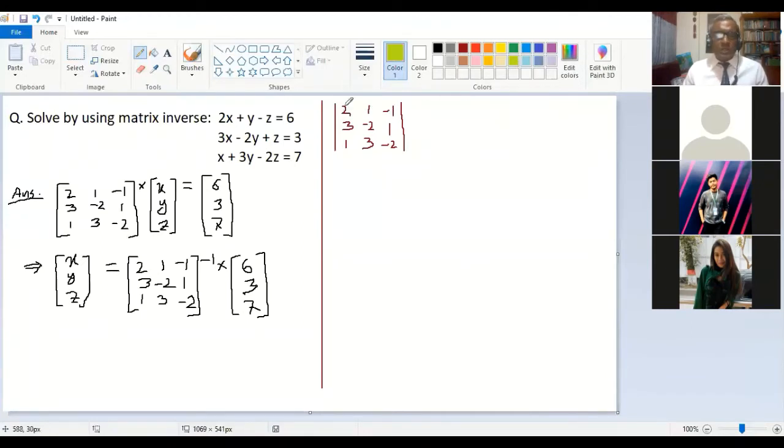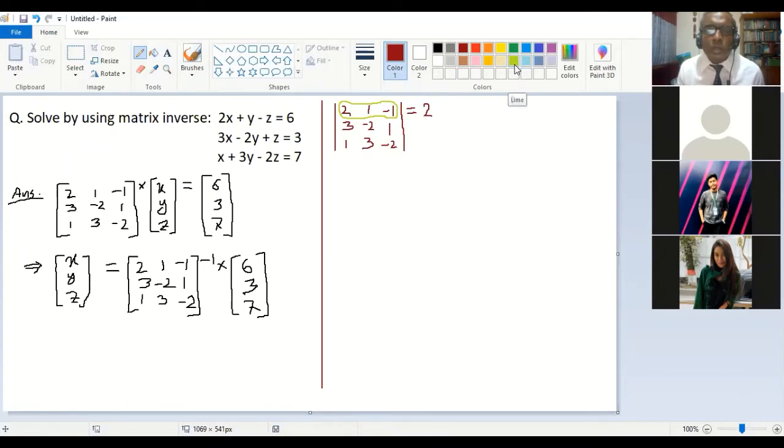So let us work with this row first. I mean the first row today. Yesterday we worked with the first column, right or wrong? Correct, sir. Yesterday we took the first column, so let us work with the first row today. So the first row is 2, then 1, then minus 1. So we will write down the smaller determinants, that is cofactors actually. So for 2, the